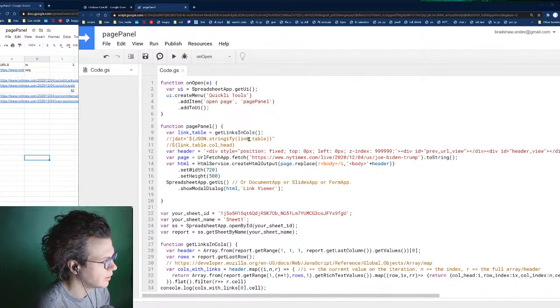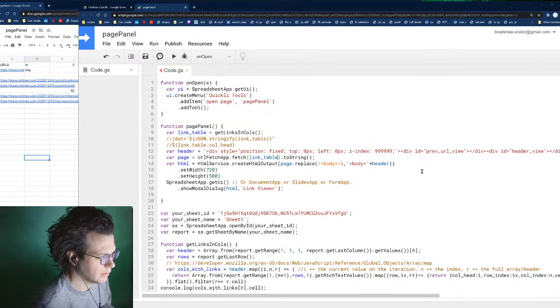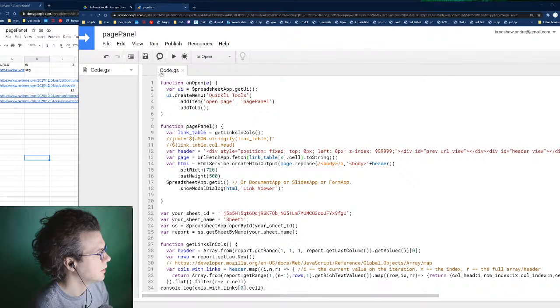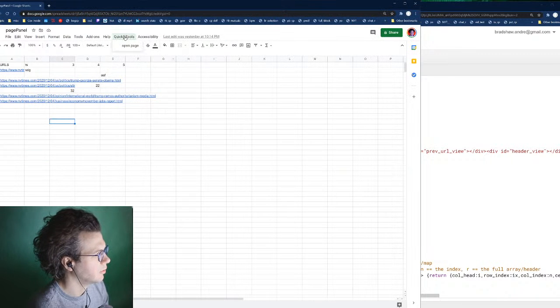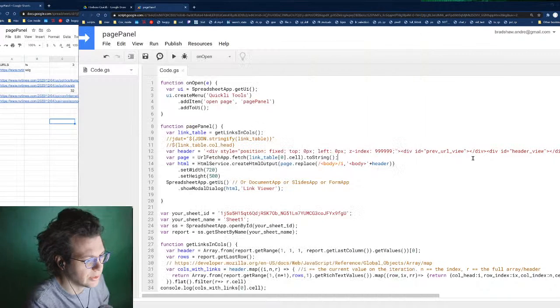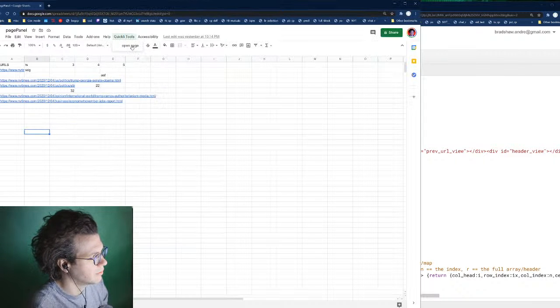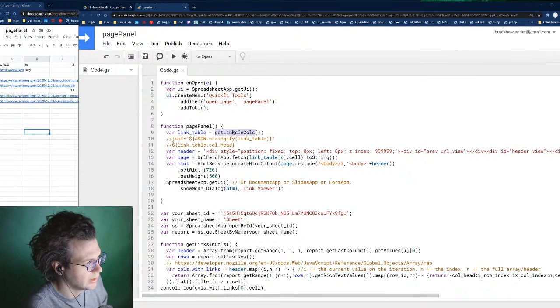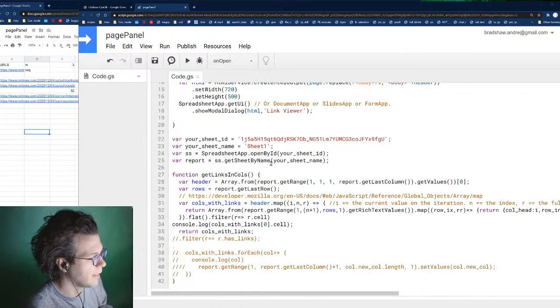First things first, let's make sure that I can even do this. So I need to make sure that it's pulling out the link from what I've returned here. And once we've tested that, I'll walk through how the code works as it is right now. Cool, so yeah. All right, so as it is right now, when you open this open page, that fires this, which fires this, which fires the get links and columns function, which down here grabs the spreadsheet that we're viewing and